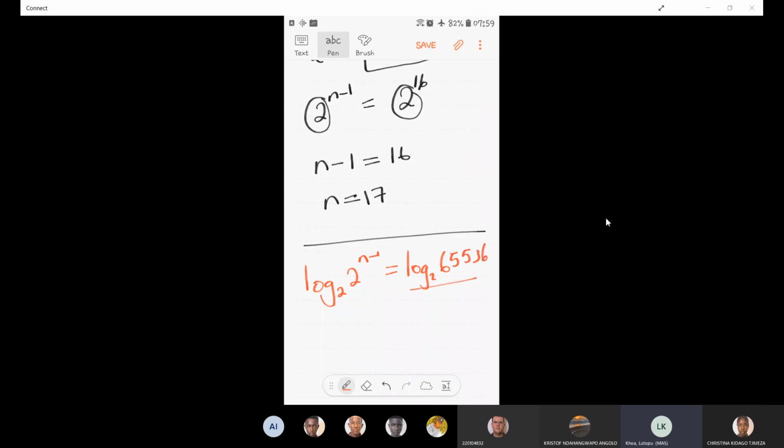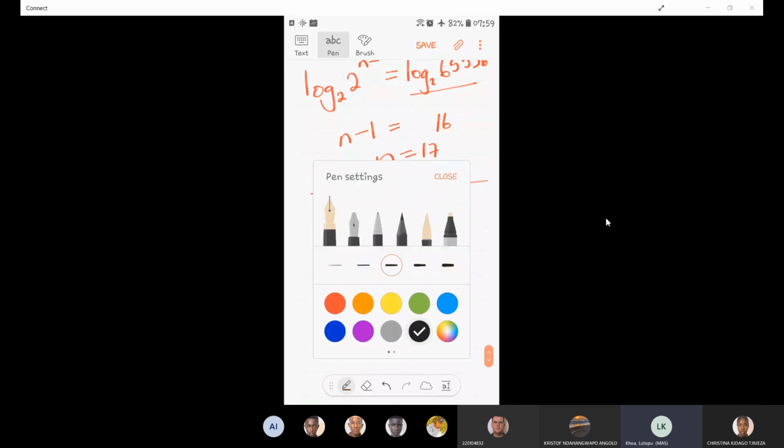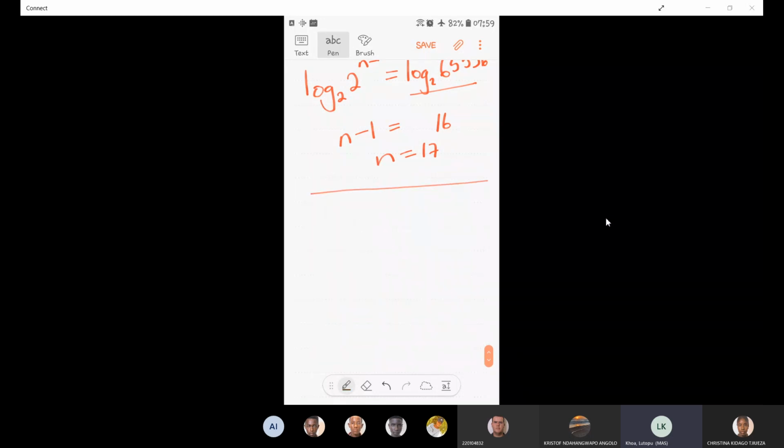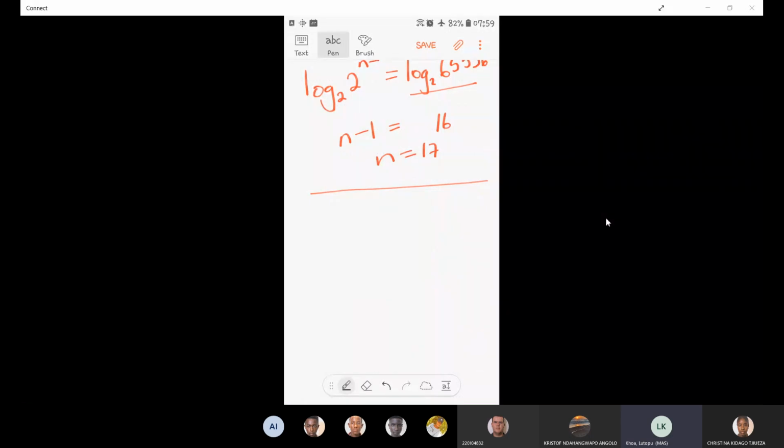You will see on your calculator here you get 16. n minus 1 is equal to 16, and again n is equal to 17. So choose whatever method you feel best about. With smaller powers of 2, it's easy to rewrite them, but if you're not sure, then